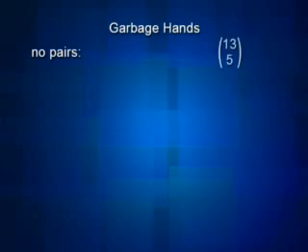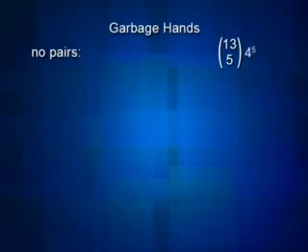Let's first consider hands that don't have any pairs in them. Okay, no repeated values. So how many ways could we do that? Well, we have to have 5 different card values out of 13. So there's 13 choose 5 ways to pick which 5 different values we're going to use. Let's say 2, 3, 5, 8, and king. Once we've chosen that, we can assign suits 4 to the 5th different ways.